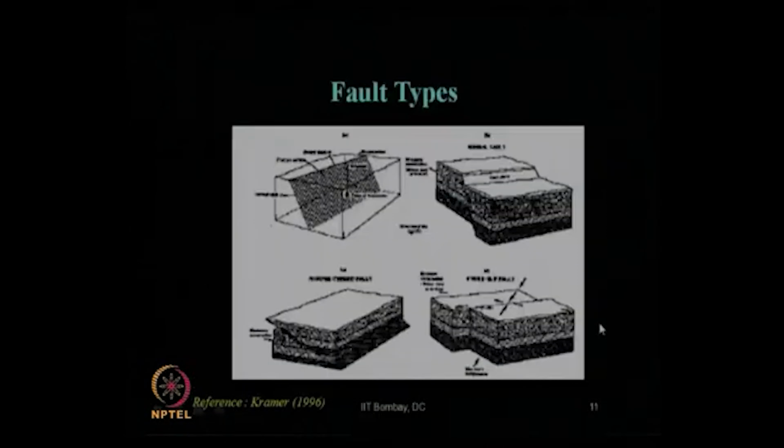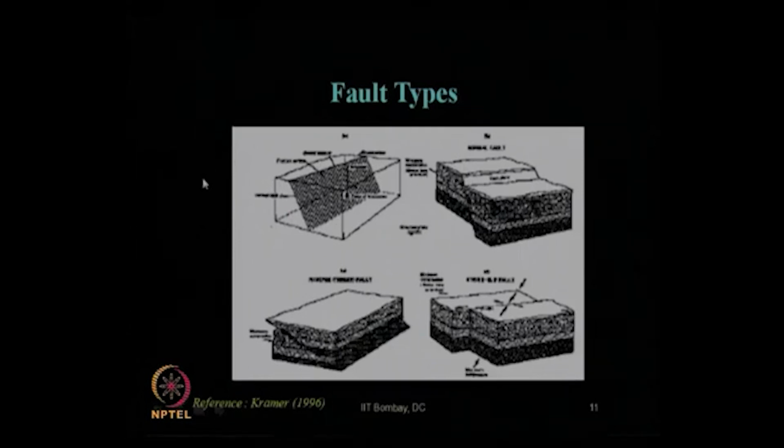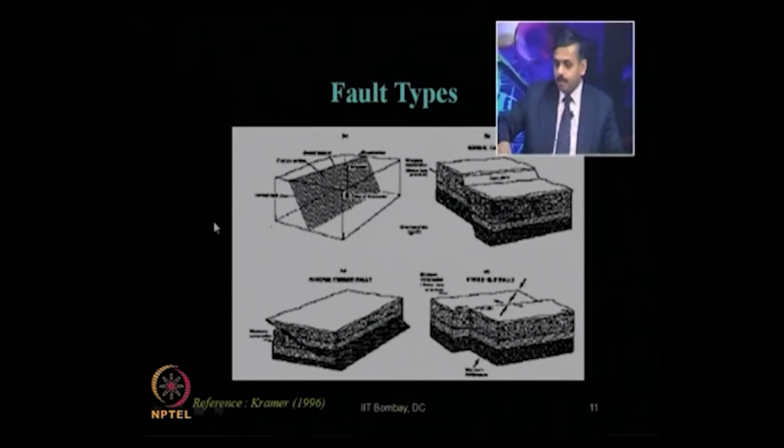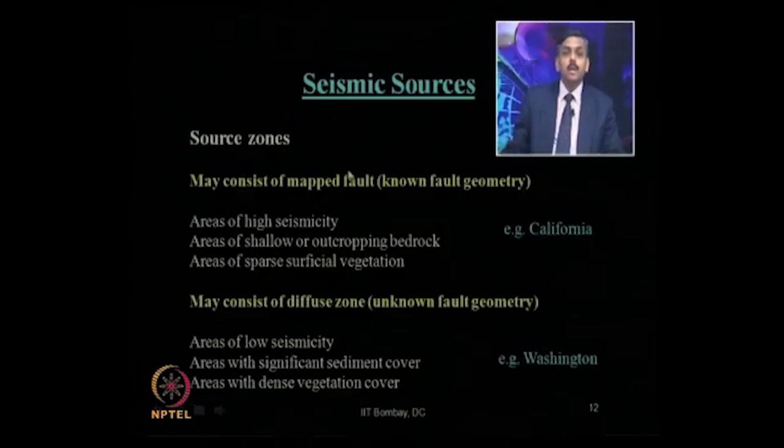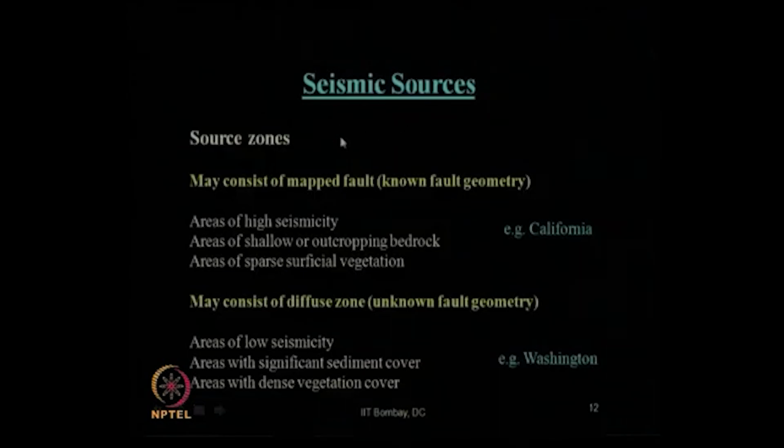Fine. Also, we have seen earlier what are the various types of fault, like normal fault, reverse fault, strike slip fault, oblique fault, etc. Right. So, depending on the fault type, you have to identify what are the chances of seismic sources you may have at a particular site. So, when we talk about these various seismic sources,